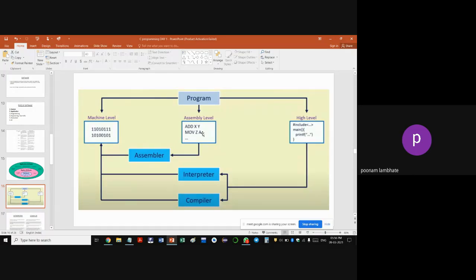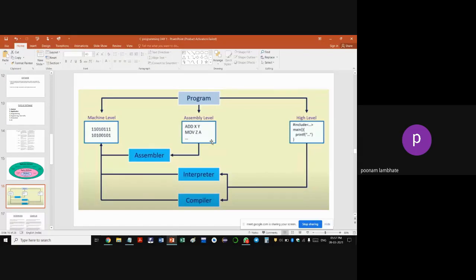Now the assembly level instructions can deal with the registers, the stack pointer, the instruction pointer. All that is out of the scope of this course, but I'm just telling you. You can add data, multiply data, or move data from one place to another. All that can be done by the microprocessors, and you can actually program it. Even assembly level language, the computer cannot understand, so that also needs to be converted into machine level language.